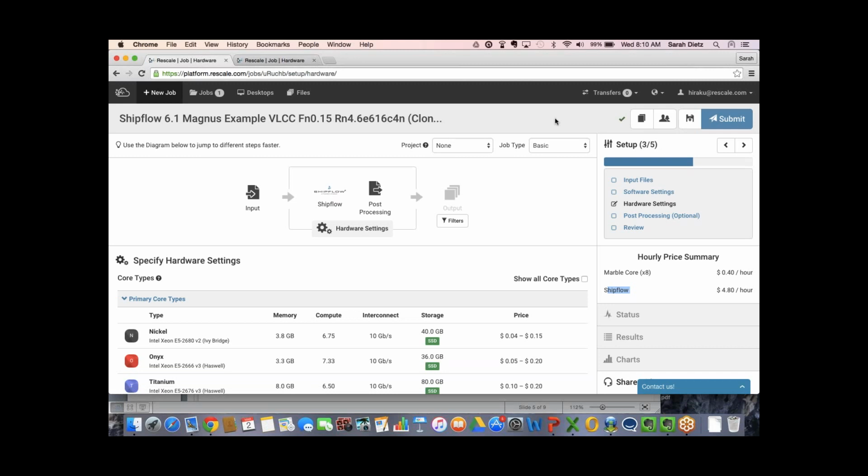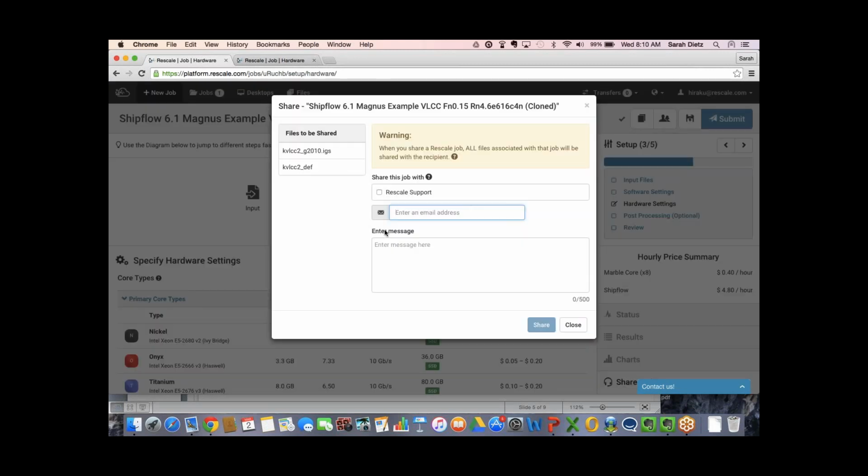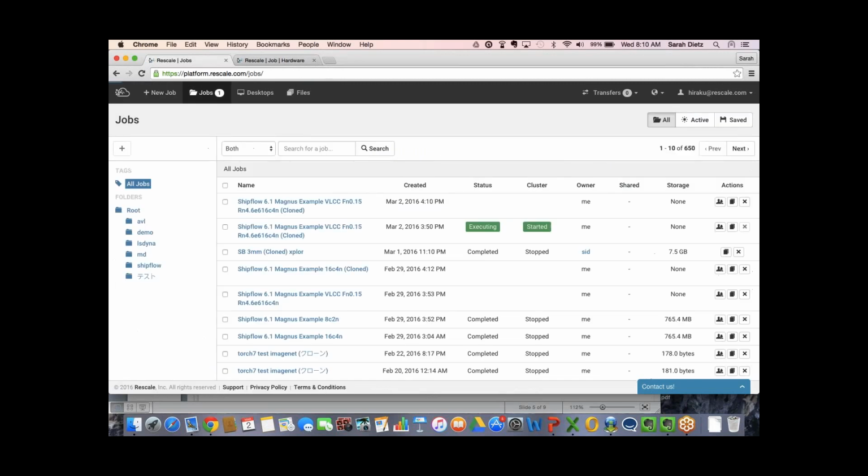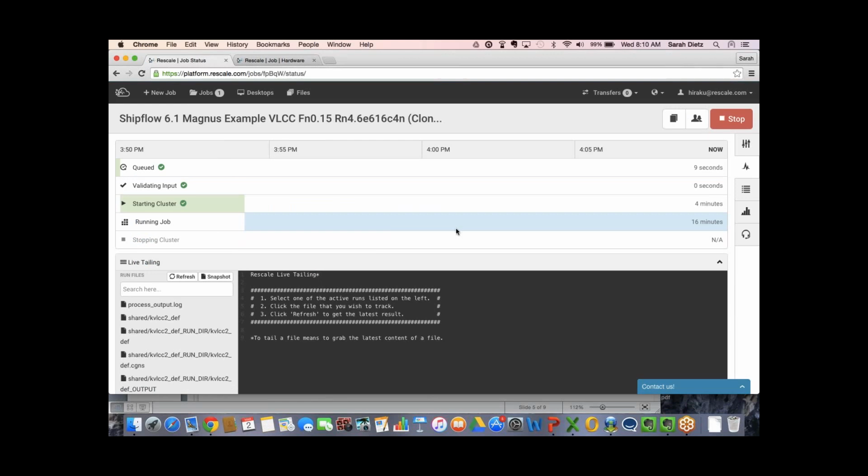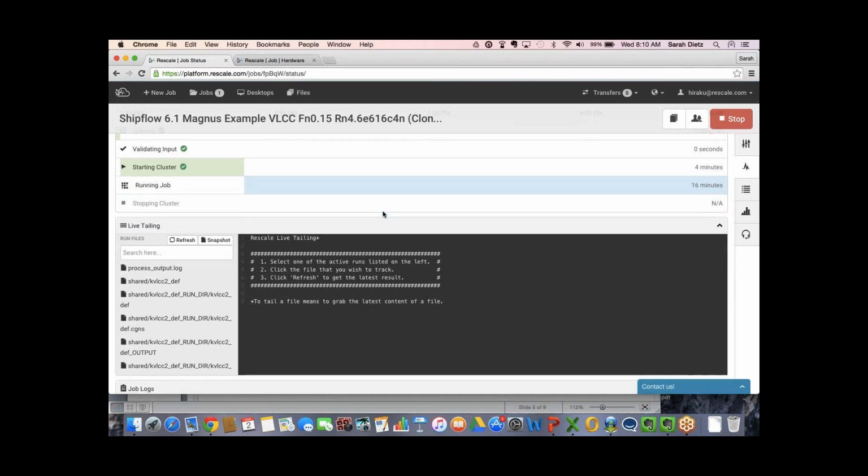And there is one other feature. You can always contact support if there's an issue, or you can share with your colleagues to share results. Let's look at the job that's already been running. And this is a model of a VLCC. We are interested in looking at the dynamic sinkage and the trim. And we can already see that